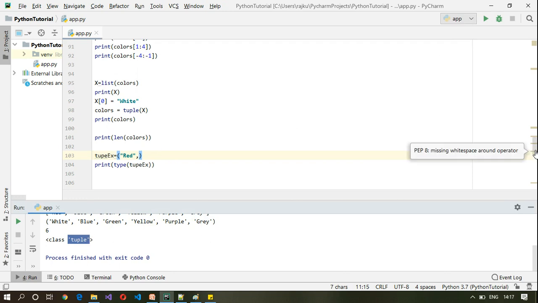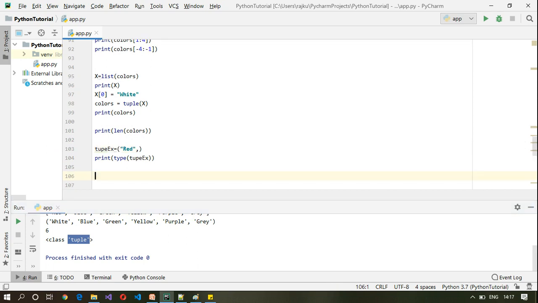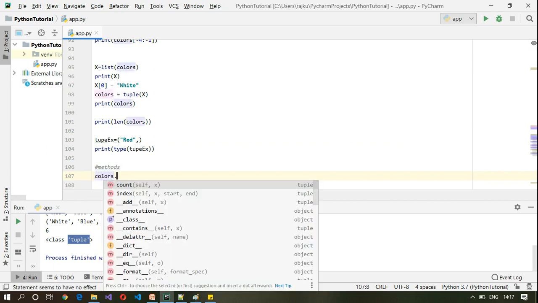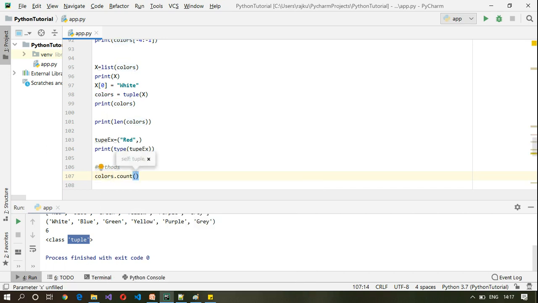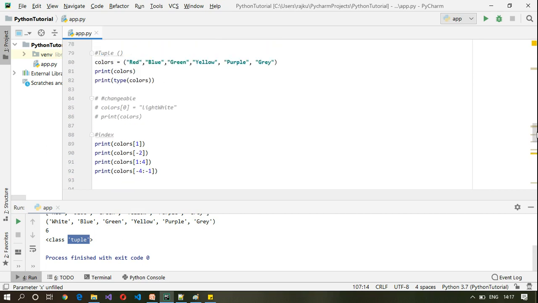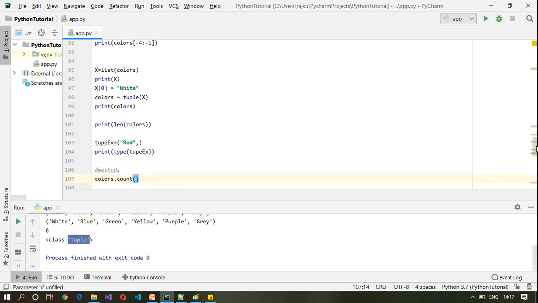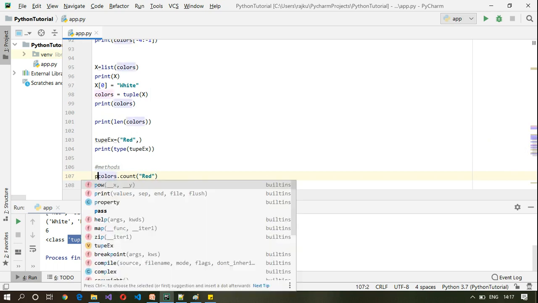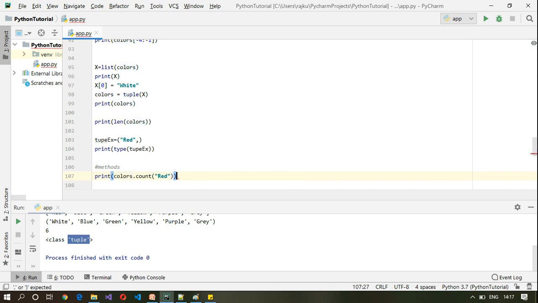As I said earlier, the tuple can also contain duplicate values. You can try it out yourself. There are also methods available with a tuple. For example, colors dot count. What I want to count is, for example, red, and let me print that.